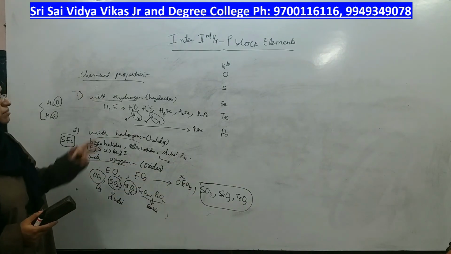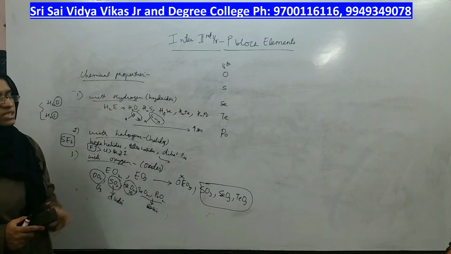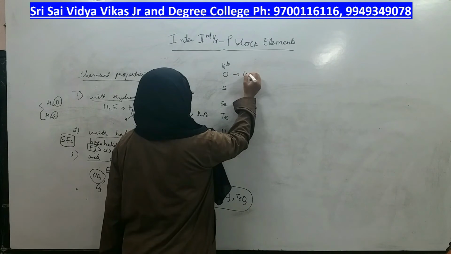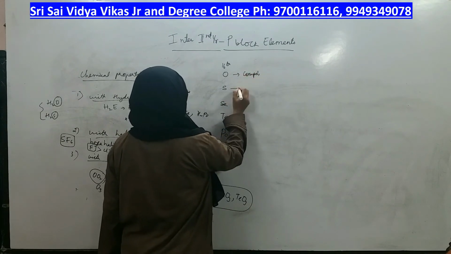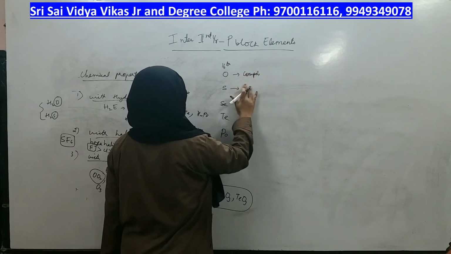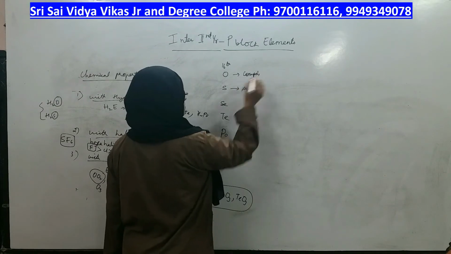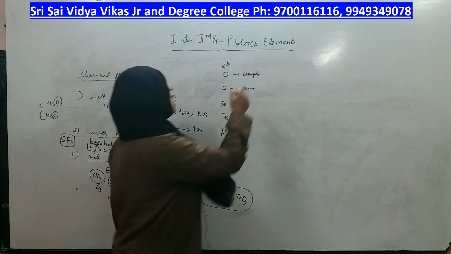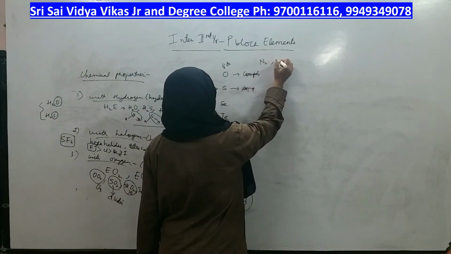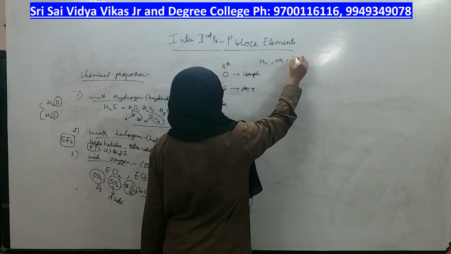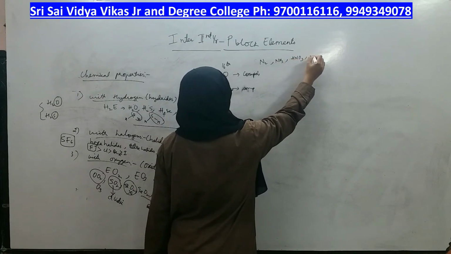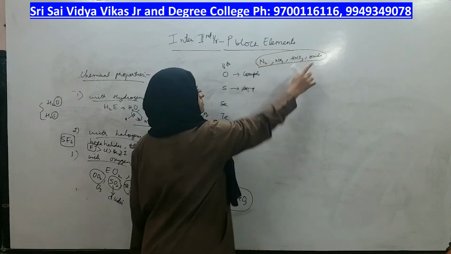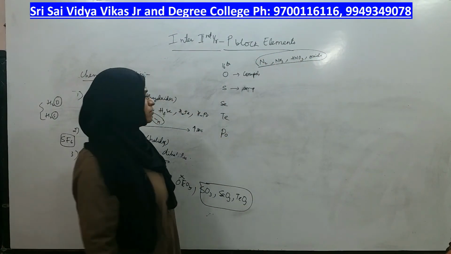Now we have finished the chemical properties of the 16th group. What will we do now? Compounds of oxygen, compounds of sulfur, sulfur compounds we will see. What are the compounds of oxygen? For nitrogen, what was the compound? These were the compounds of nitrogen, right? Individually, one by one we have seen. Same way we will see compounds of oxygen also.